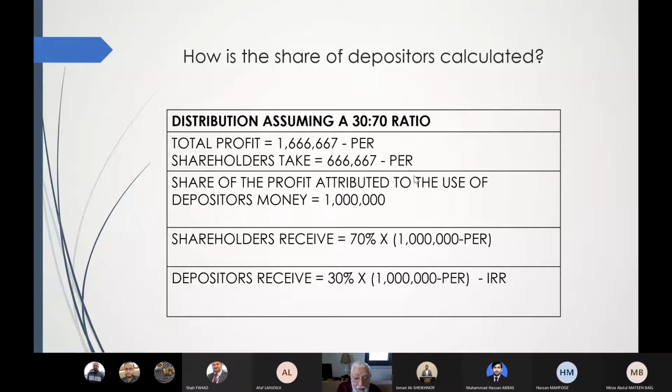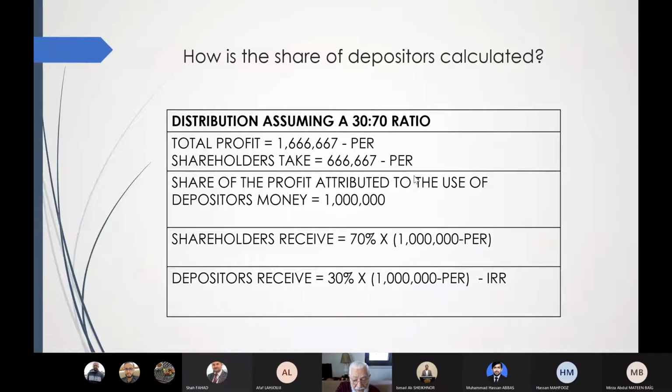If it is taken only from the shareholding of the depositors, again, part of that PER belongs to the shareholders in their capacity as Mudarib, because we take it before distributing between Mudarib and Rabb al-Mal. So part of that PER, probably this is why,